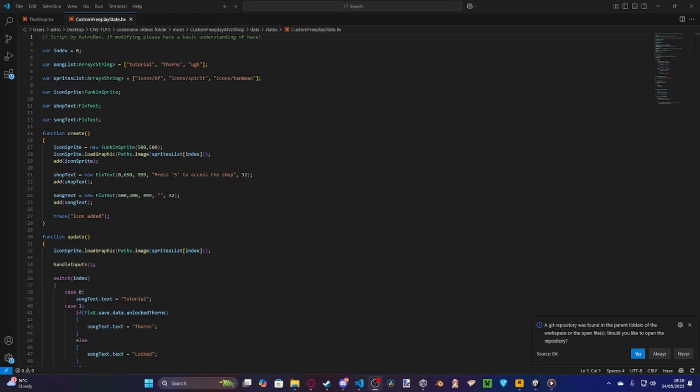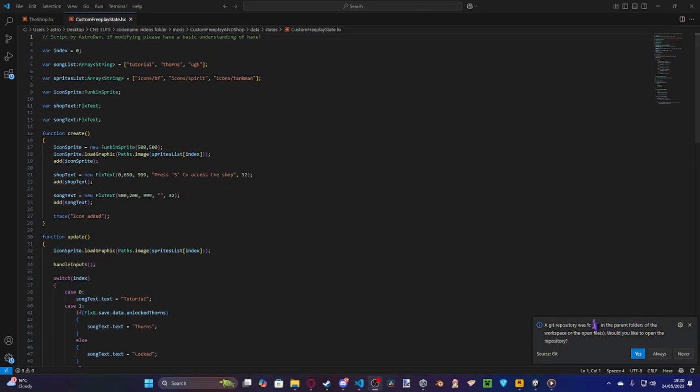Today I'm going to show you how you can make a shop inside of Friday Night Funkin'. Now this is for Codename Engine. For Psych Engine people, this is sort of the same, but you are going to have to know more source code kind of stuff. Sorry about that, but if you're on Codename Engine, then this is the tutorial to look at if you want. So essentially,